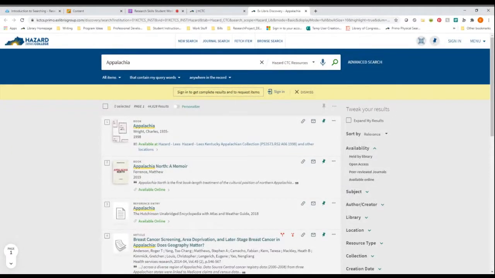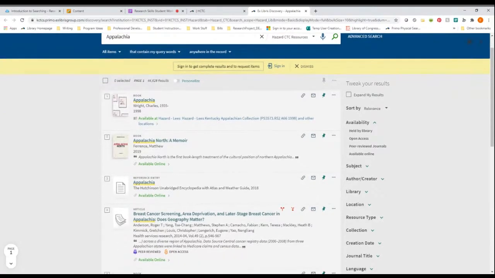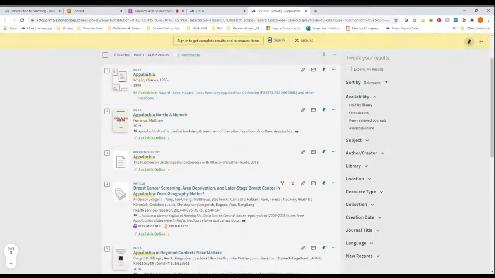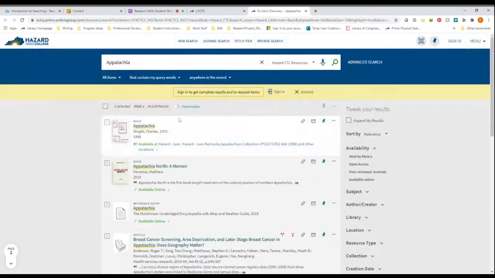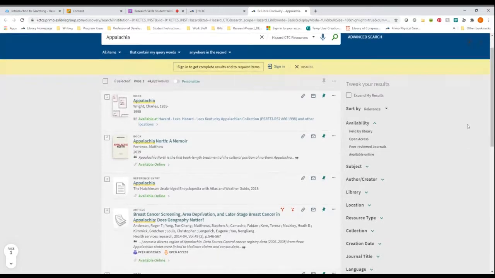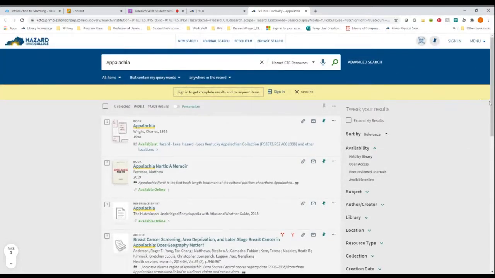do have the option to go in and tweak those results. You can add additional parameters that will narrow it more than likely. So these 44,000 results, I mean, that's just an obscene number of results that we can't possibly parse through. And again, that keyword is so broad, it's not giving us anything specific that we might want to dig into about Appalachia. So if we go over to tweaking our results, we can look at availability, if it's held by